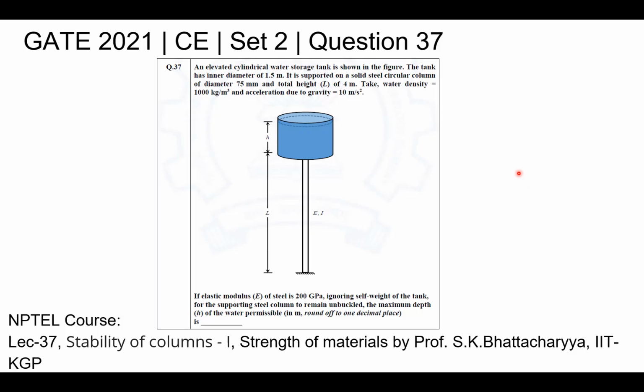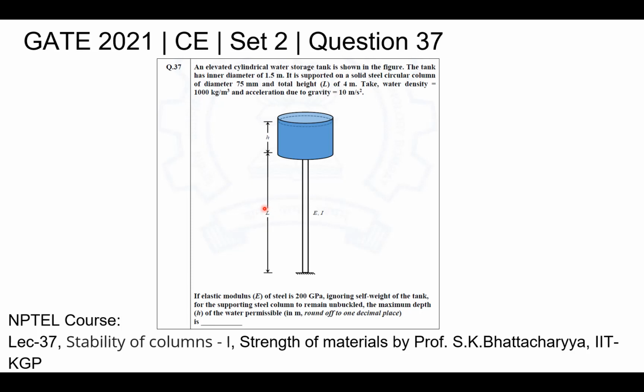Let us look at question number 37, Set 2, Civil Engineering, GATE 2021. An elevated cylindrical water storage tank is shown in the figure. The tank has an inner diameter of 1.5 meters. It is supported on a solid steel circular column of diameter 75 mm and total height L is equal to